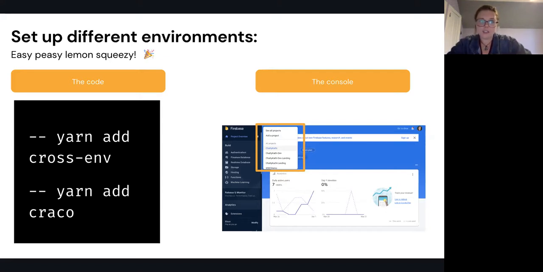You basically add cross-environment support, using whatever dependencies you most like. I use cross-env and Krakow. And then you just set up a few different projects. So I have ChattyKathi and ChattyKathi Dev, which are my production environment and my development environment. And that's kind of all you do. I mean, not all you do. You do have to provide some different environment variables and all of that. But it is super easy to make sure that your environment is secure and that there's no cross-contamination or anything